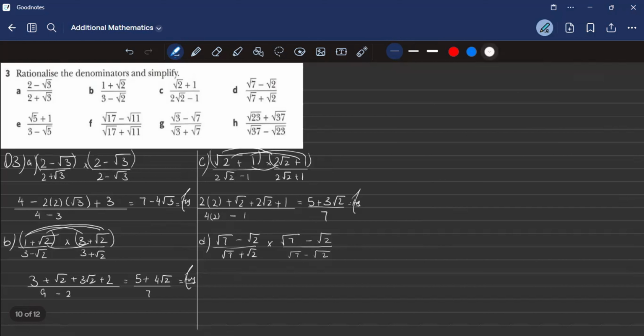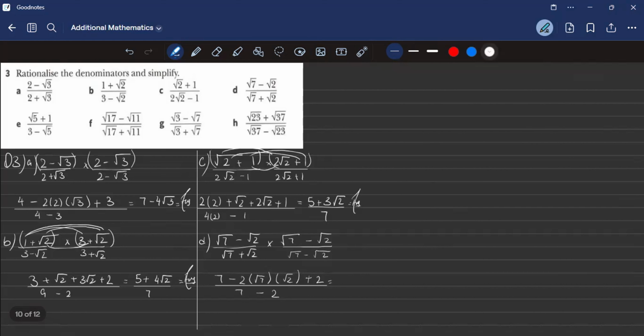What is a squared? It's equal to 7, because root 7 squared is 7. What is minus 2 multiplied by a, which is root 7, multiplied by b, which is root 2, plus b squared? And b squared, root 2 squared, is 2, divided by a plus b, a minus b, which is a squared, 7, minus root 2 squared, which is 2. So that would give us the answer